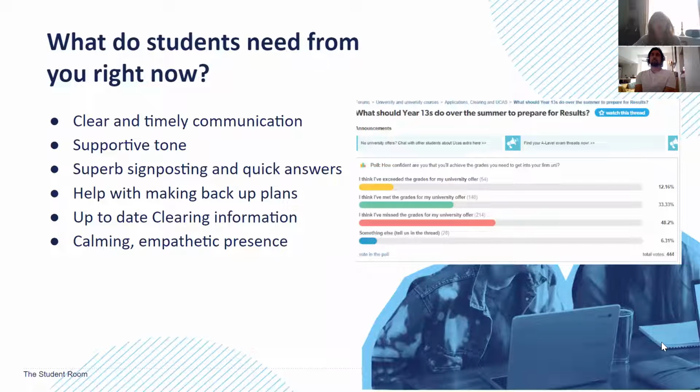So what do students need from you right now? We recently ran a poll over the weekend asking students how confident they were feeling that they will achieve the grades that they need to get into their firm choice university. It's very small, I apologise for this, but the first option was: I think I've exceeded the grades that I need to go to university. The second was: I think I've just met my offer, and then the red one there is: I think I've missed my grades for my university offer. And nearly 50% of students have voted and said that they think that they're going to miss